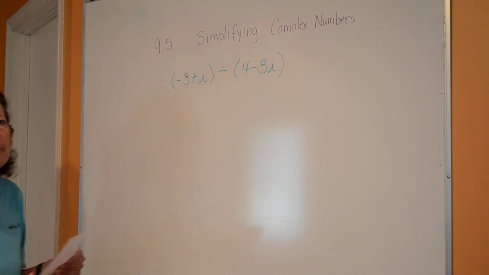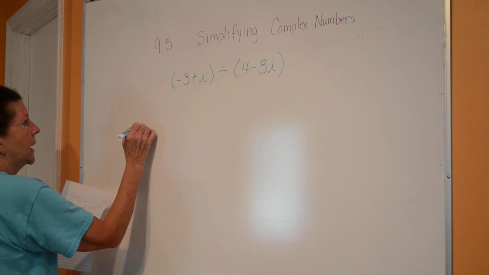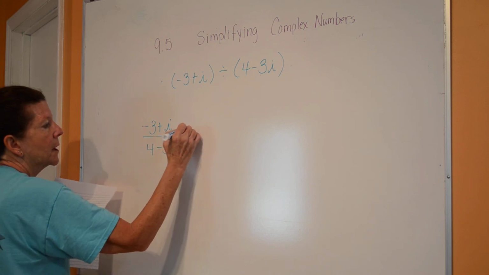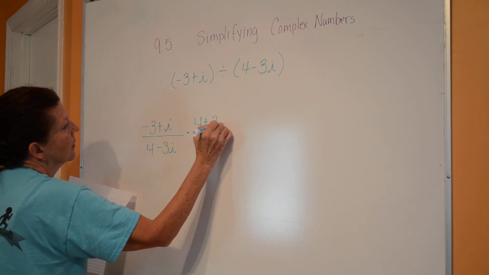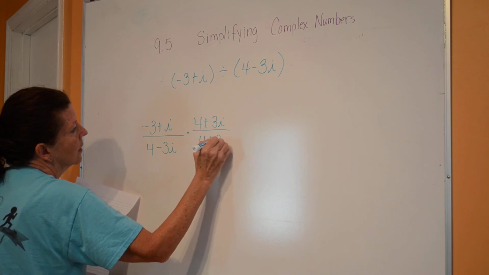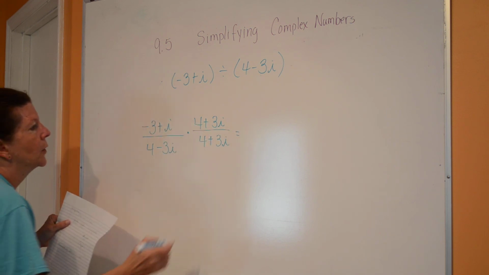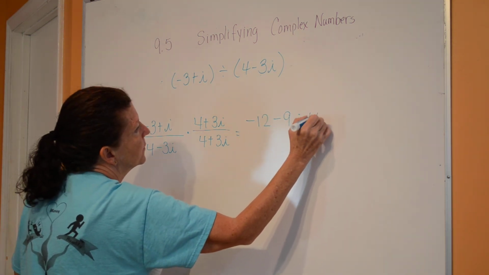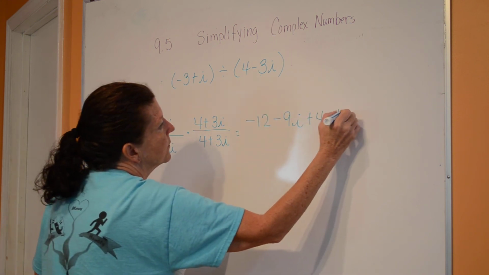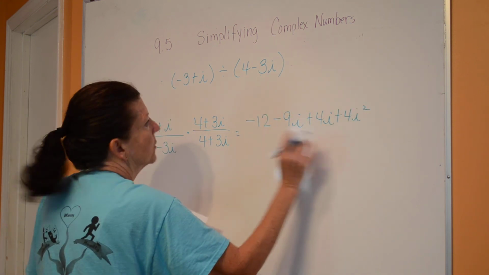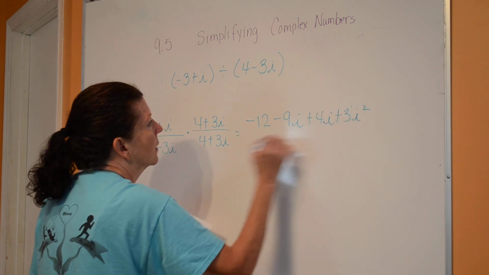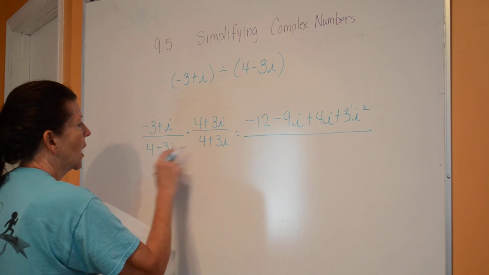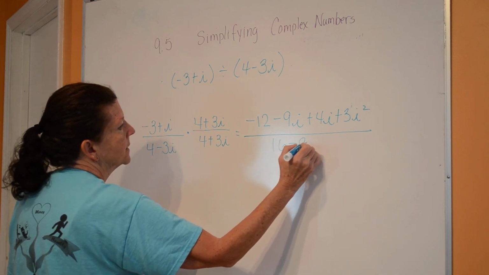Go ahead and work it, then come back to the video. All right, I'm going to write it up and down. I'm going to multiply by the conjugate. On the top, I'm going to do FOIL, so I have a -12 minus 9i plus 4i plus 3i squared. On the bottom, I'm gonna have Florida, so first and last, because they're conjugates, so I have 16 minus 9i